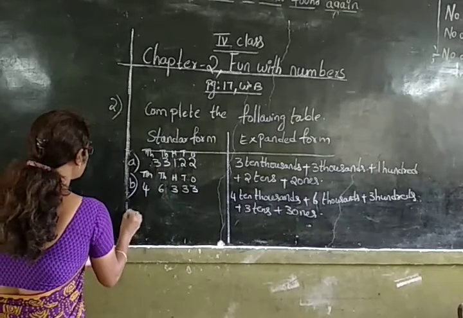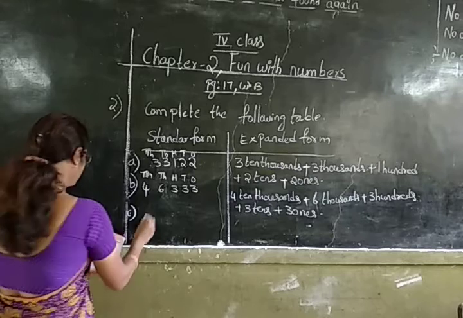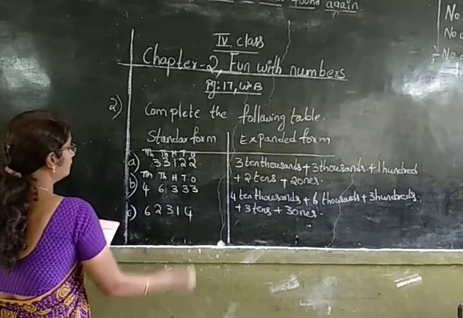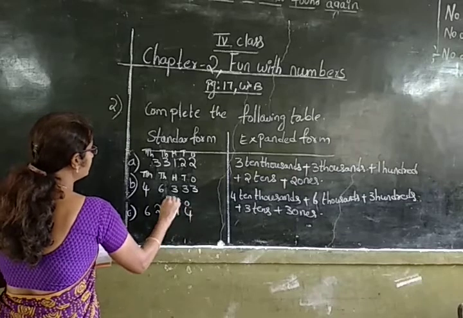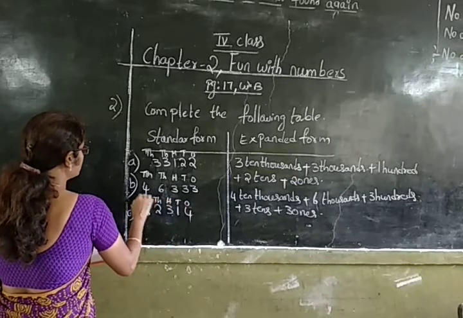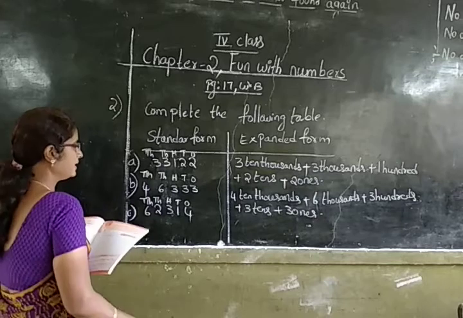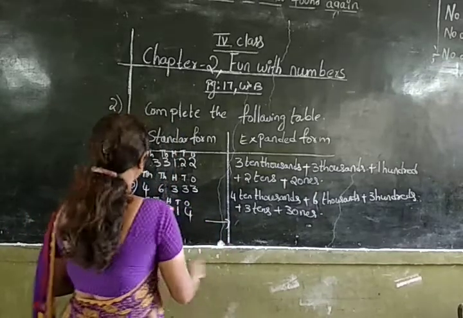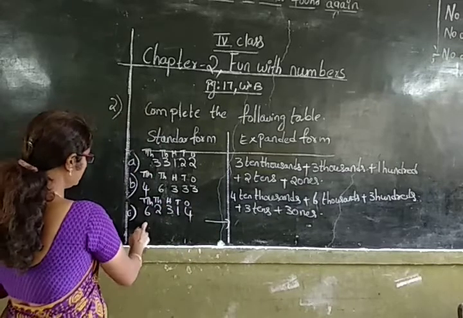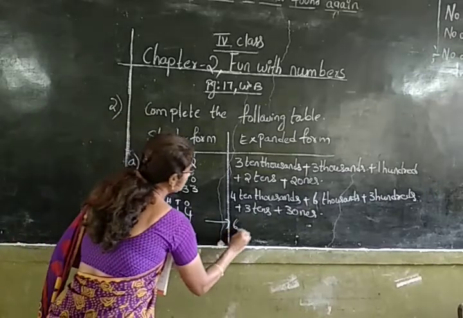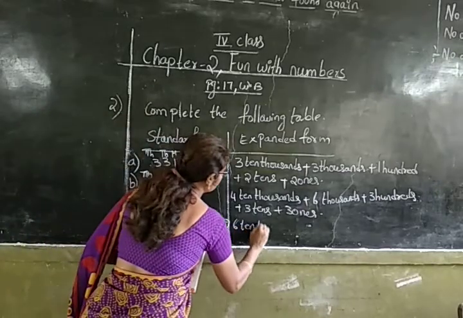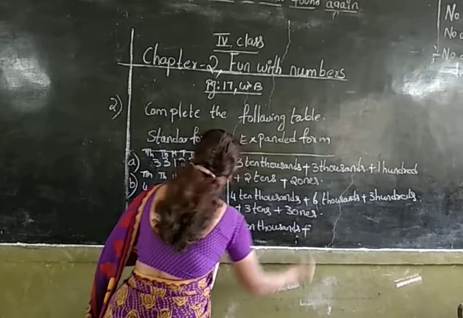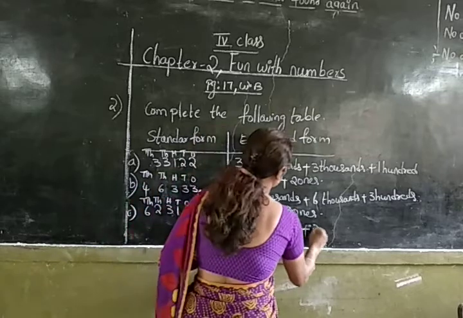Let us do the C sum. 62,314. First what I have to do? I have to write the places. After writing the places, I have to write the place value of each digit. 6 is in which place? 6 is in 10,000s place. So 6 10,000s, 2,000s,